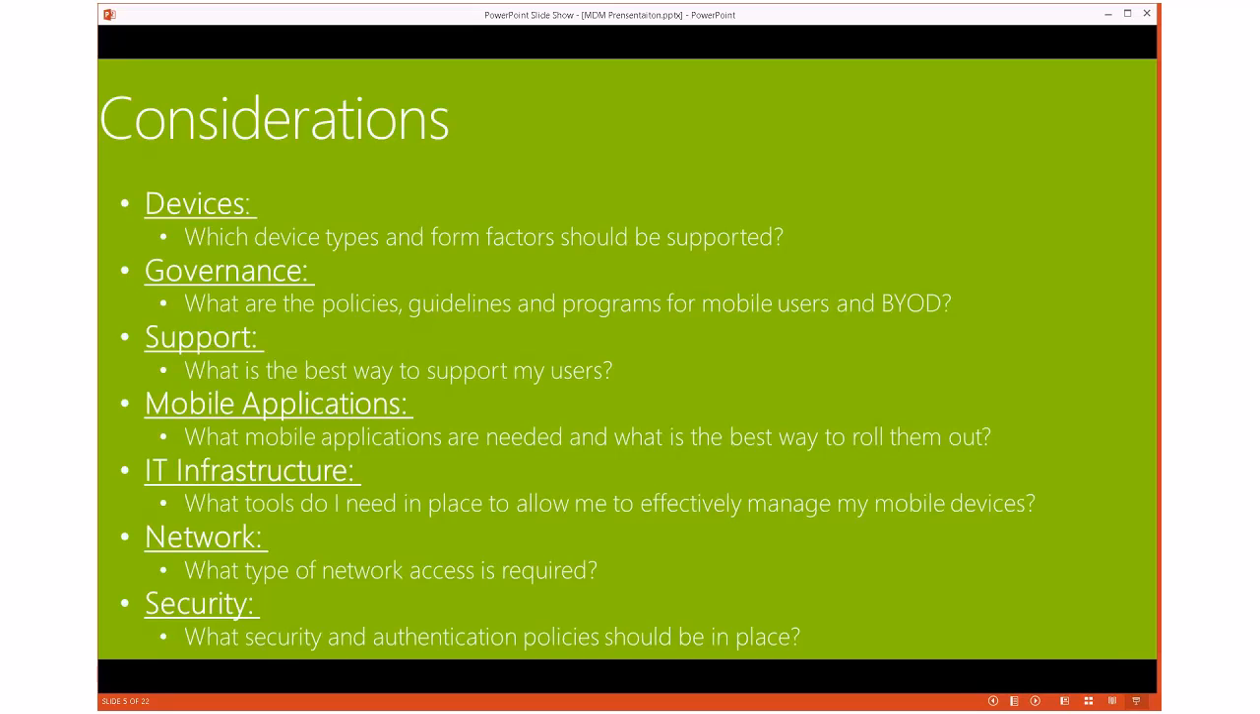Network access. How are they on the network? Are they off the network? Do we provide different experiences for those situations? And lastly, of course, security. So everything from authentication to policies to who's connecting and when and how, all that needs to be taken into consideration. So taking these elements and applying it to mobile devices and all the different use cases of mobile devices